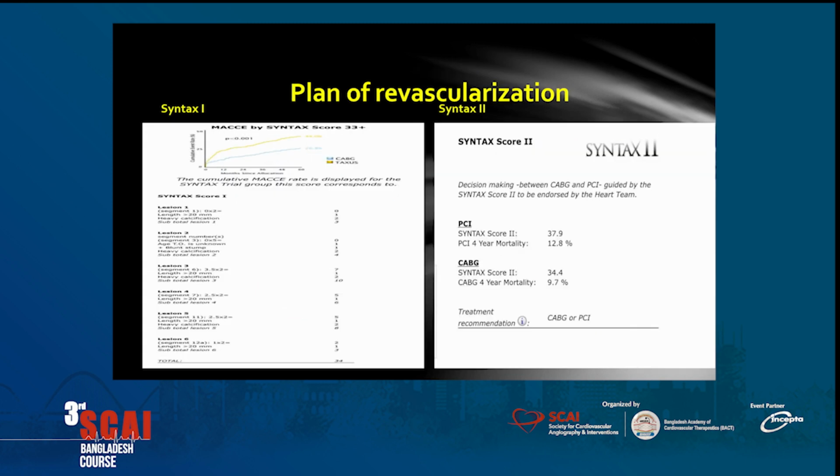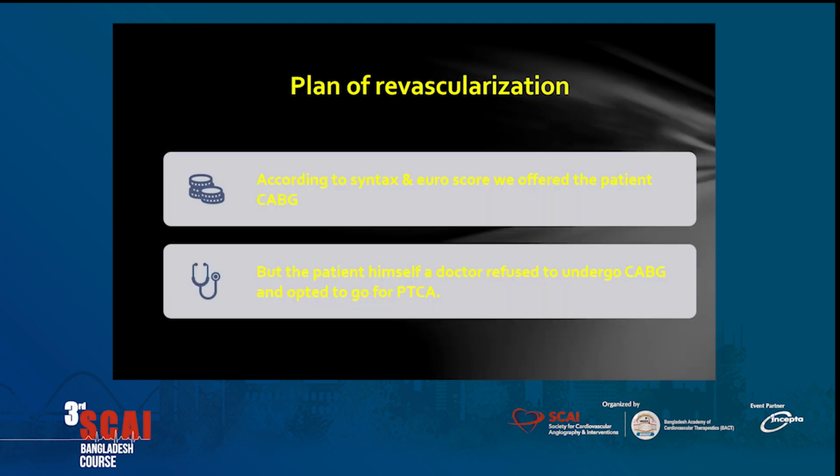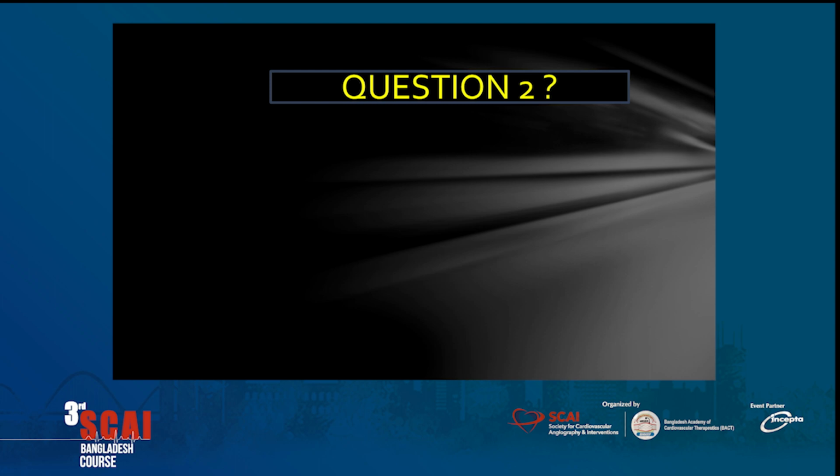According to SYNTAX score, it was 34: 12.8% mortality in PCI, but 9.7% with CABG. EuroSCORE 0.76. So we definitely offered the patient CABG, but the patient refused. So question 2,